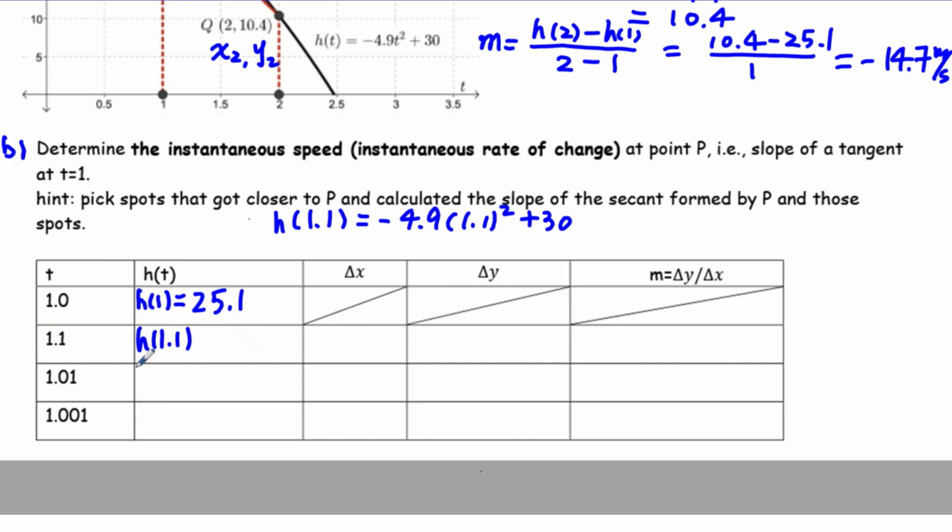Then we continue to find h(1.01), h(1.001), and do the same calculation. Use your calculator. I have done the calculation already. So this one is 24.071, and this is 25.00151. This is